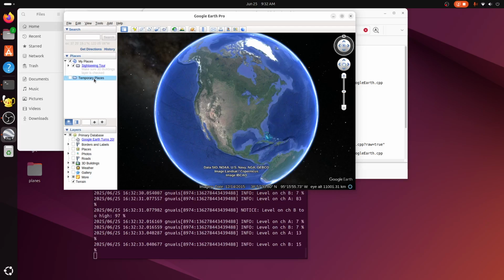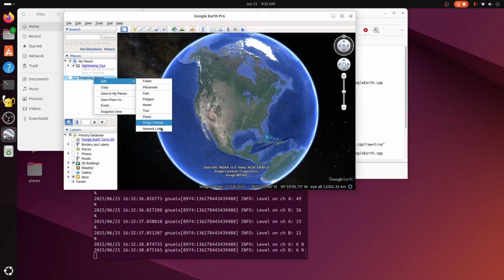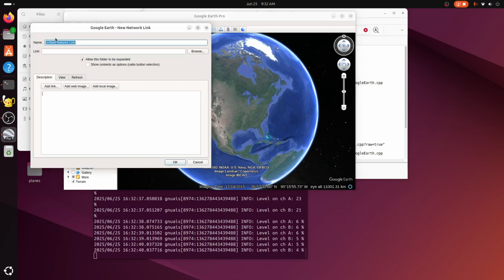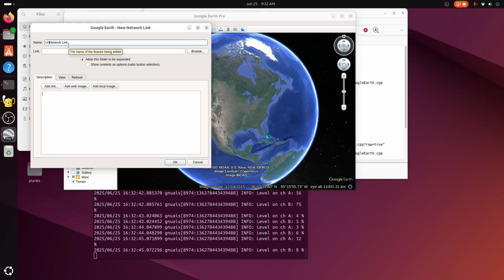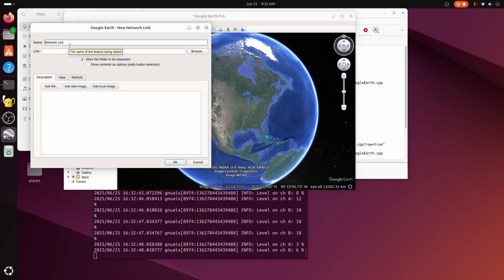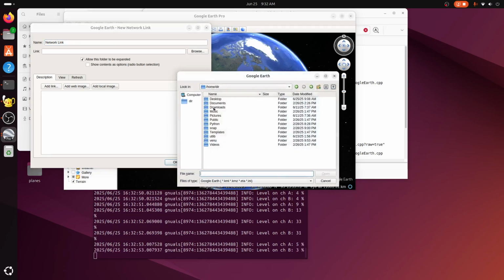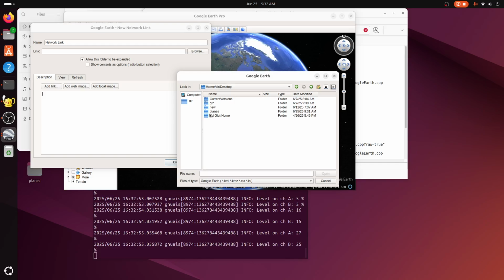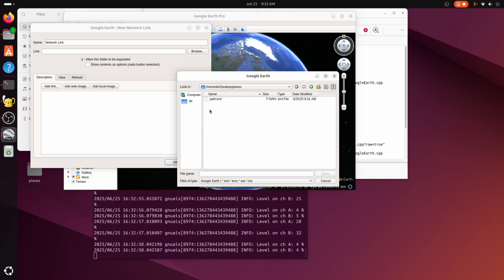So we go here to temporary places, add network link, and for the network link, we need to browse, and desktop, and planes, and the file's there, but there's nothing in it yet, but we'll grab it anyway. Open,